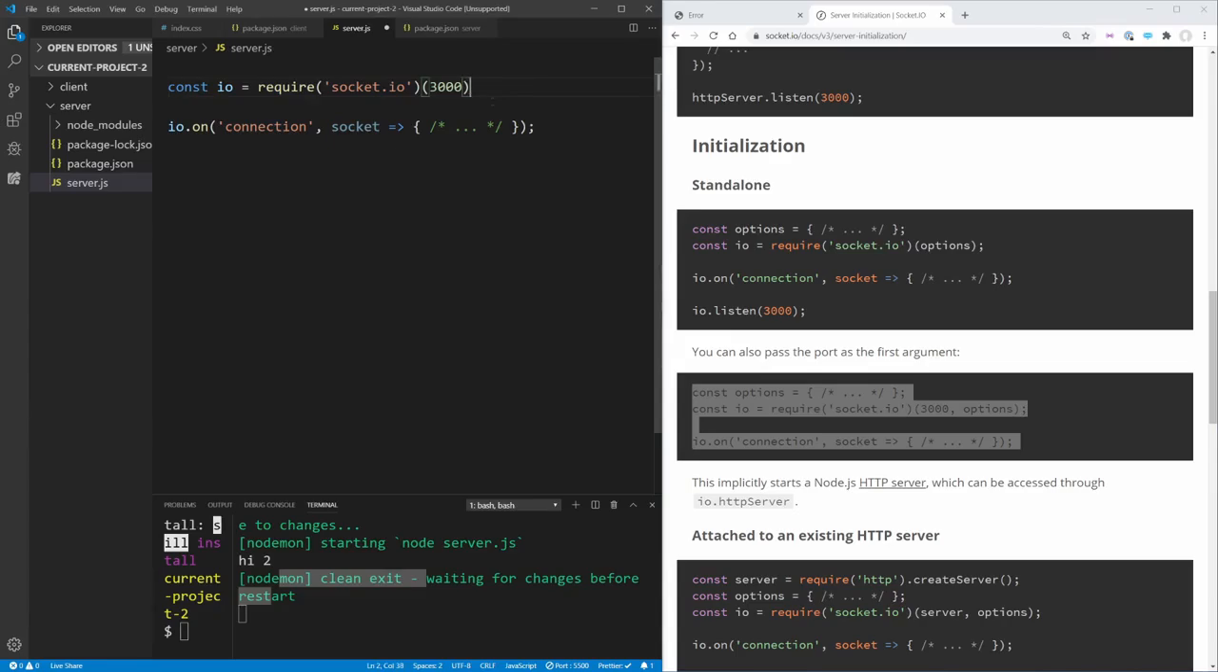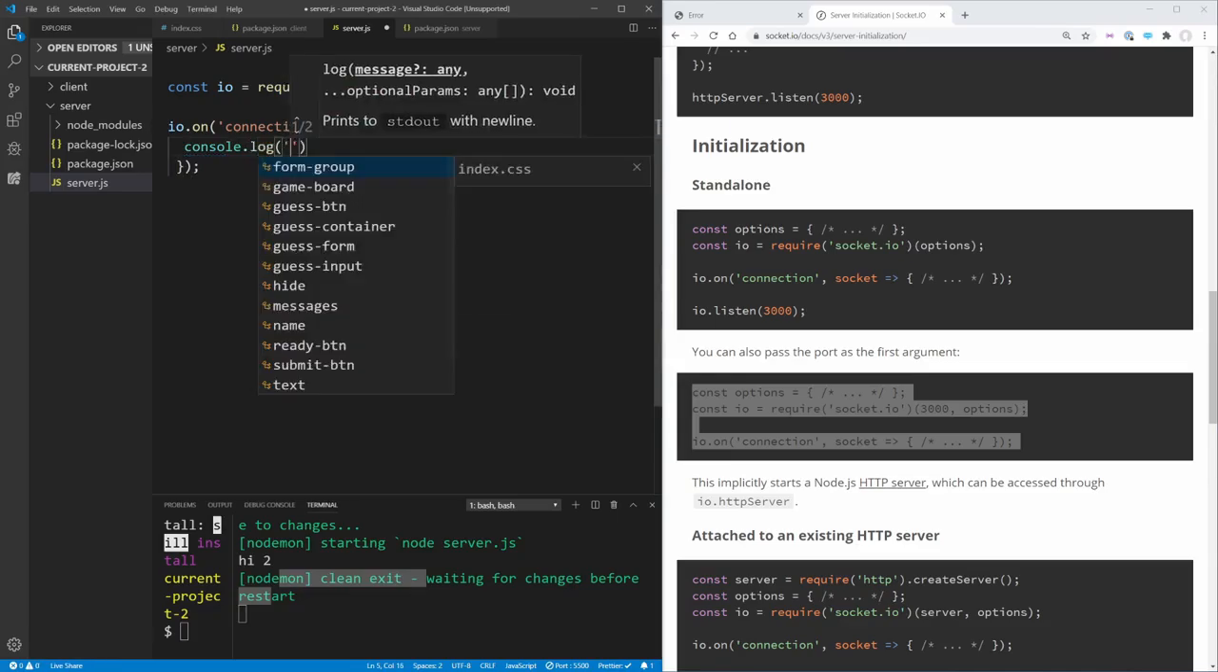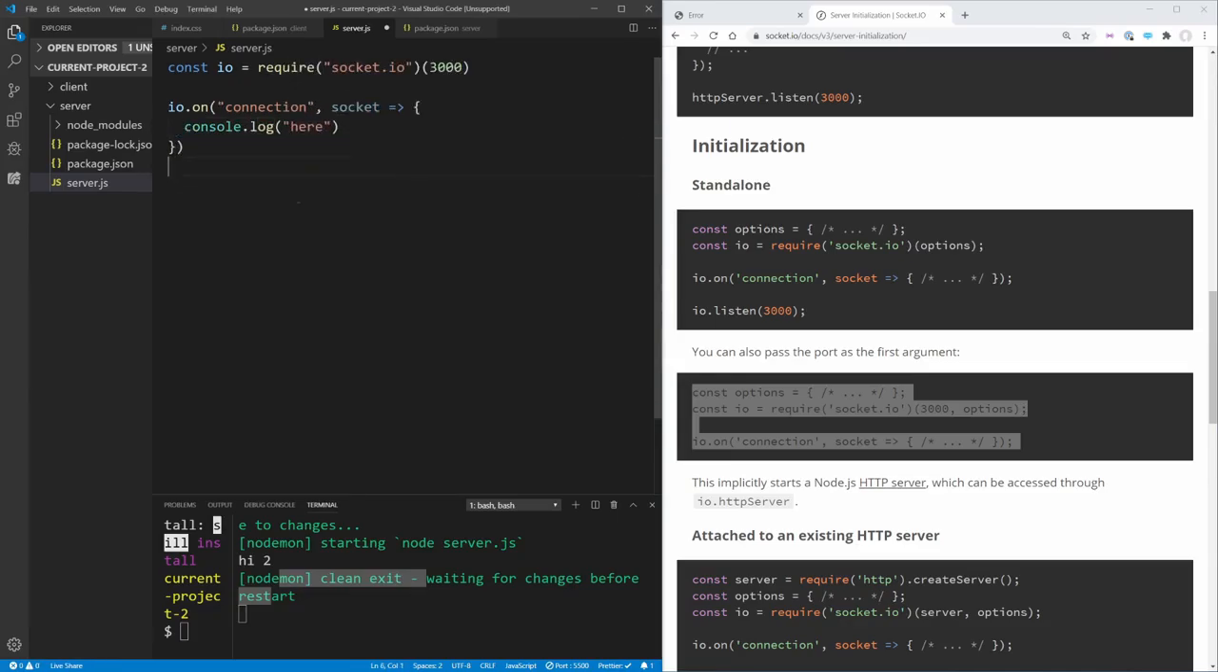And then down here, this is going to be whenever our IO successfully connects, we need to do some code inside of here. So what I want to do is just console.log here. And if we save this, you're going to notice nothing gets printed out. And the reason for that is that this on connection gets run every single time a browser connects to our